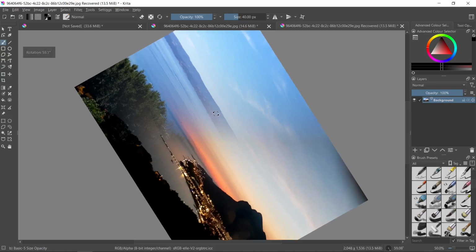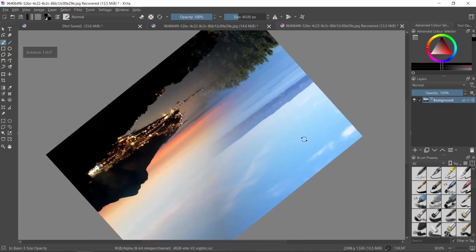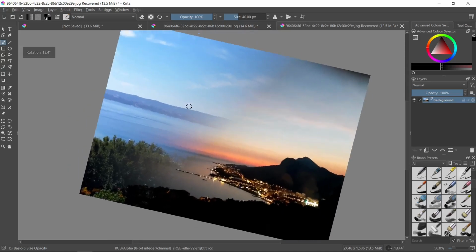On the left upper corner you can read the angle. It tells you more information about the rotation angle. So of course you can rotate it to the right side or to the left side, everything depends on your